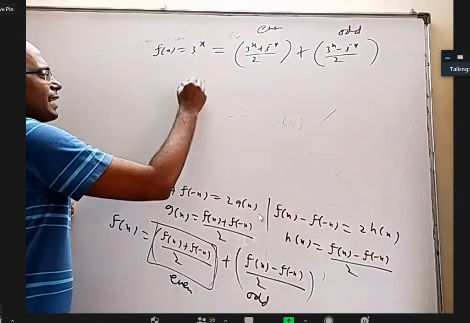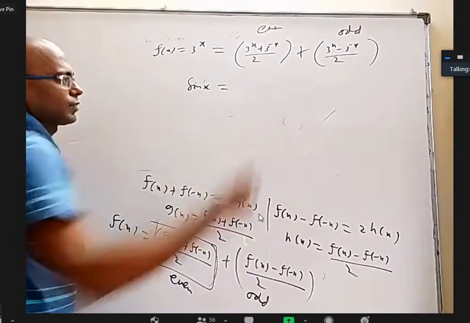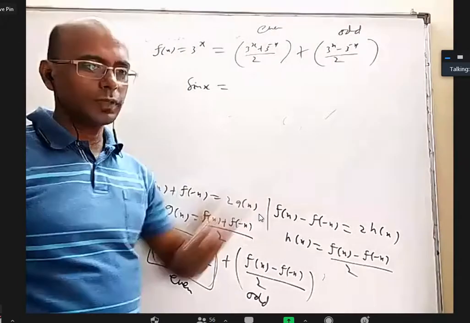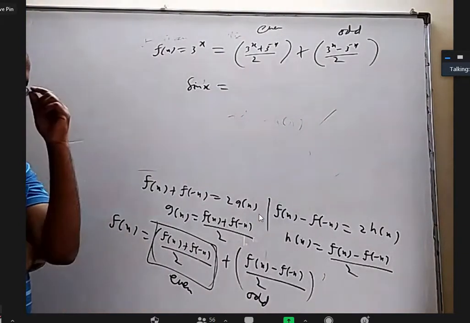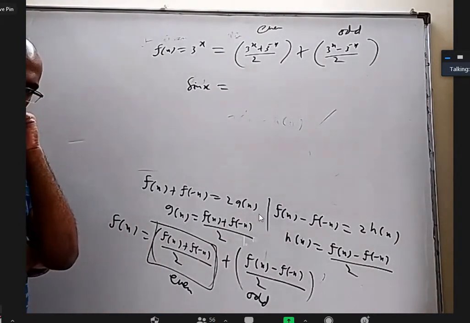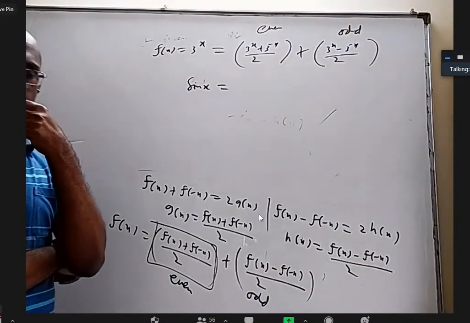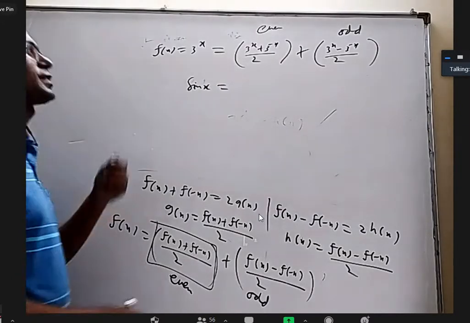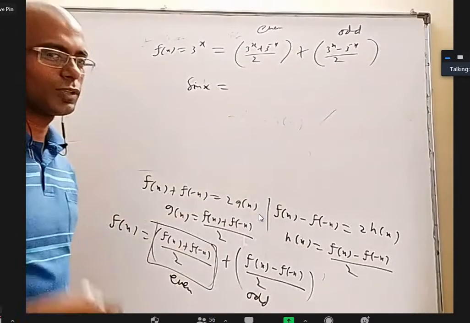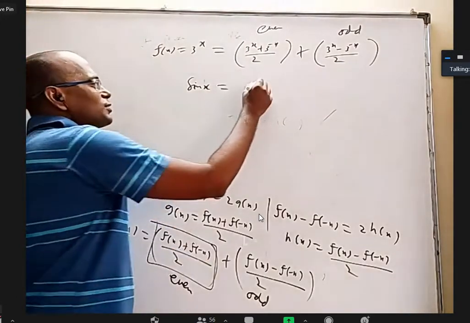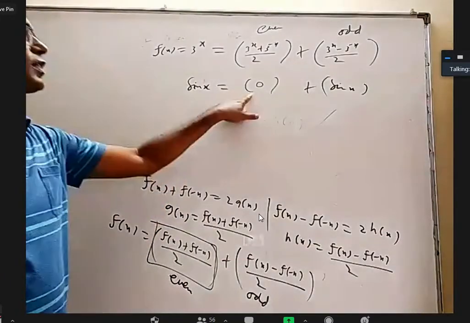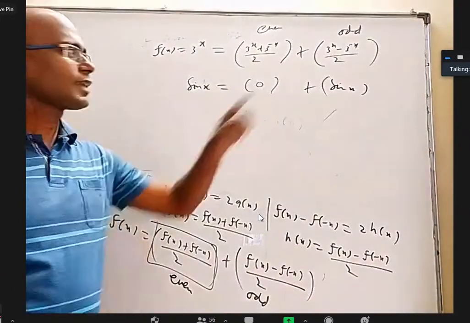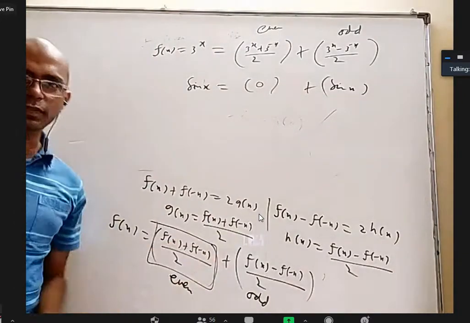Let's say I want to write sin x as an even function plus an odd function. What will come here? Sir, it is an odd function. Still, every function should be written as even plus odd, so this also. But then what will come here is 0, and this is sin x. Because 0 is both even and odd, right now I'll consider it as even, and sin x I'll consider as odd. You can use this formula also, the same thing will come.